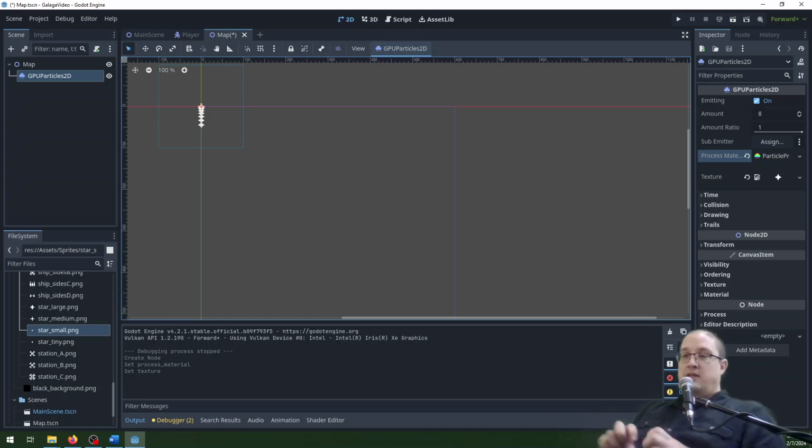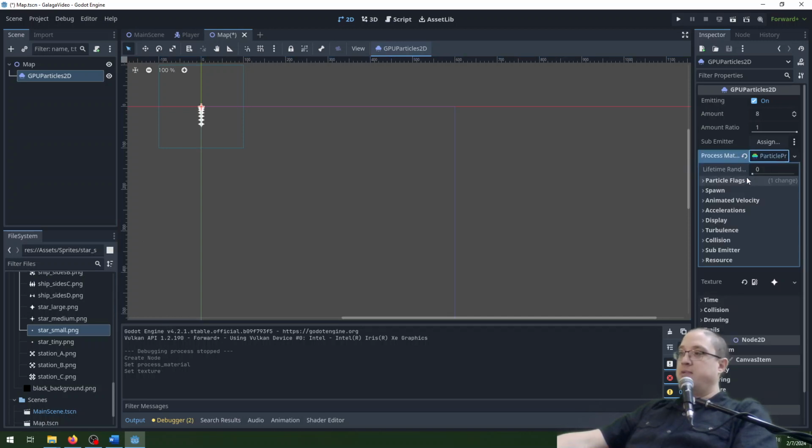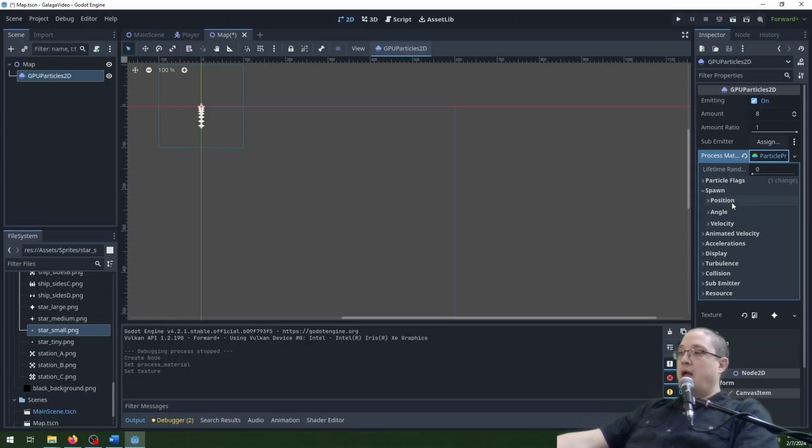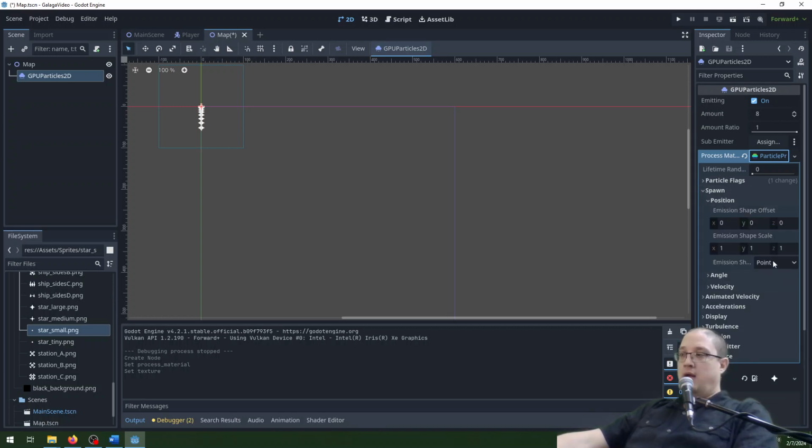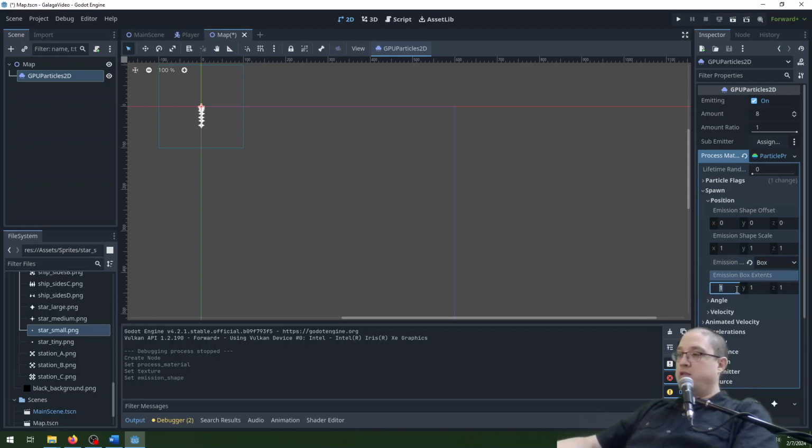So let's set this up so that we get stars sort of flowing from the top of the scene down. In order to do that, I want to click on this particle process material here so that we can change the properties. Click on this, and most of the properties of our particle are along here. Okay? We're going to go to spawn, and we're going to go position, and the emission shape, we're going to do a box. Okay? And we're going to set this box to